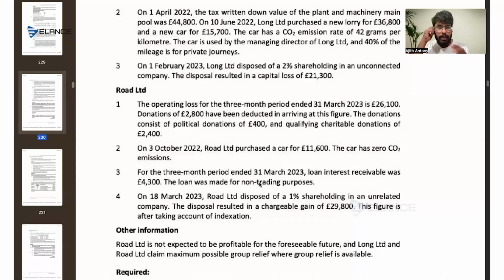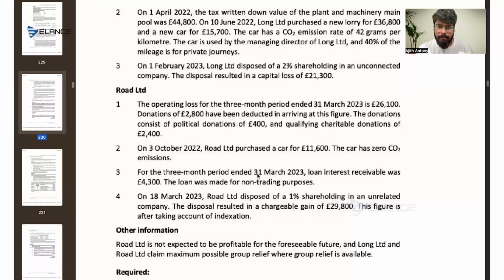Okay, so it is the only asset they had purchased. This car is the only asset they had purchased, so we can compute capital allowance on this car. Okay, it is the only asset, so we don't need to make that big pro forma for finding out the capital allowance. We can find out the capital allowance in a simple computation. 11,600 will normally